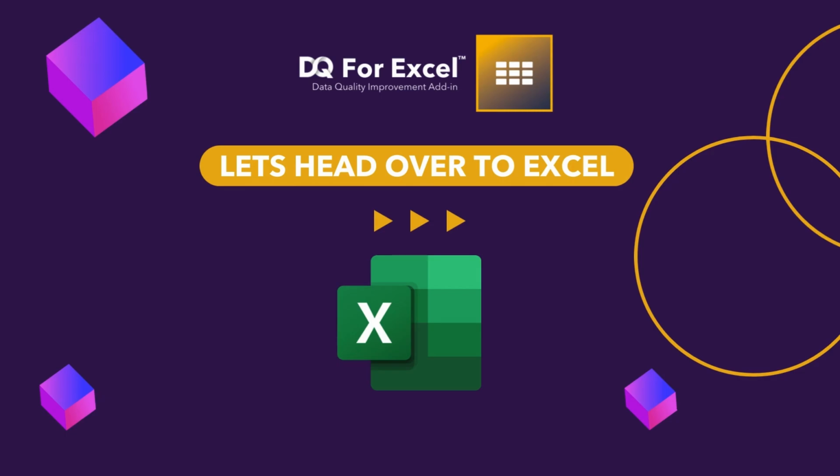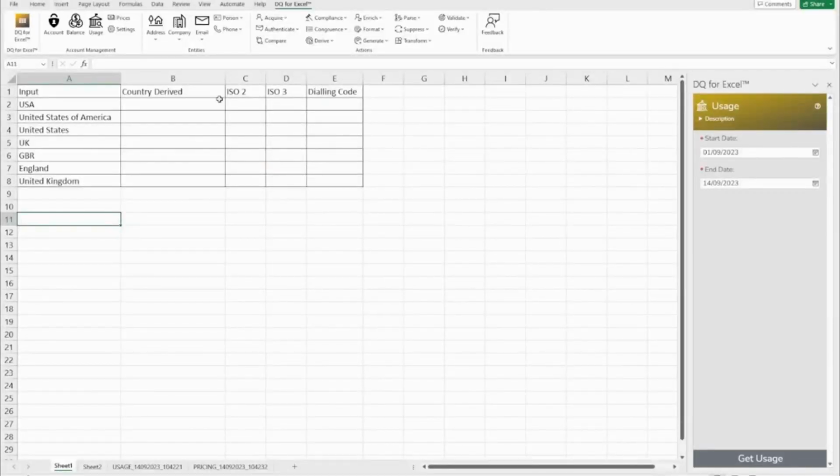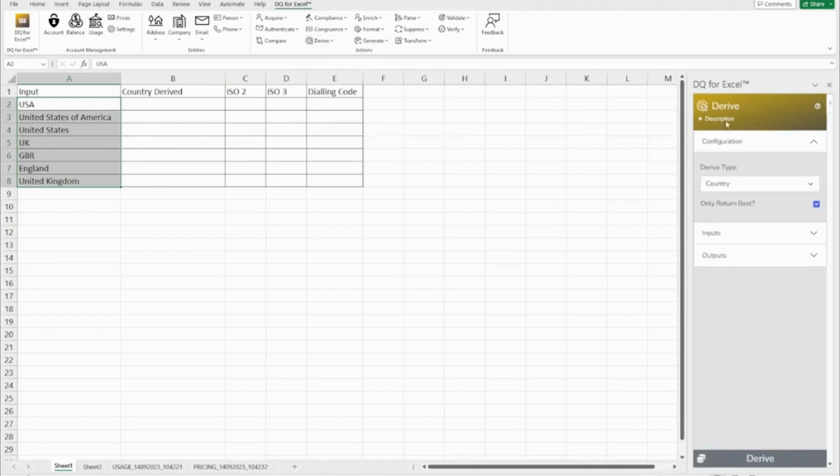So what we're going to do is try and derive a standardized country. So we want to derive the country, we want to derive the ISO 2, that's a 2-character value for the country. We've got an ISO 3, which is 3 characters, and we could also derive a dialing code for these non-standardized countries. So what we're going to do is we'll go to Derive, Country, and you'll see that you get